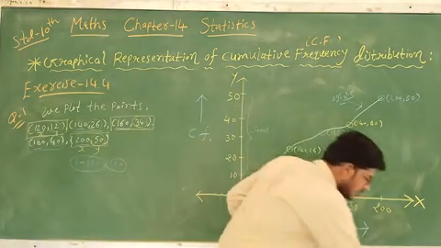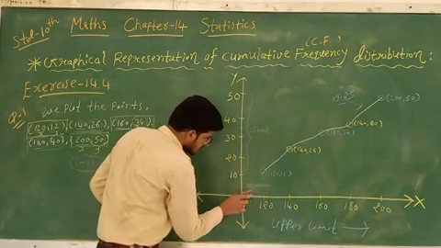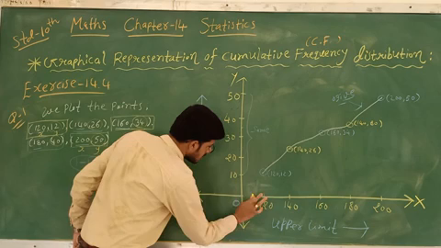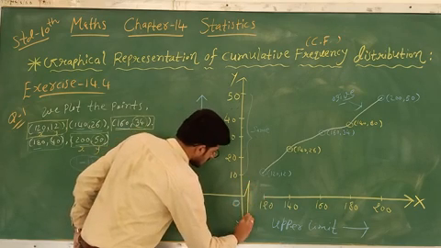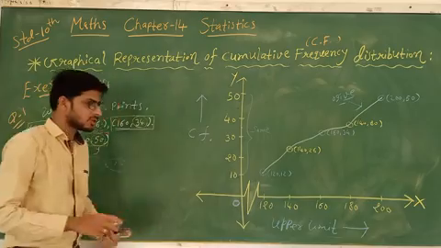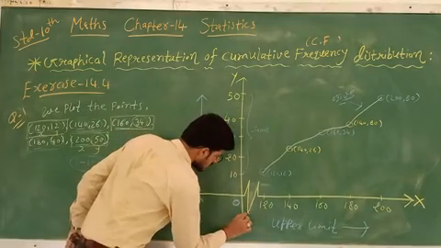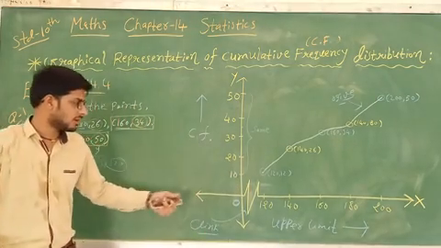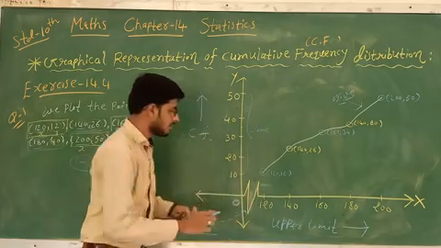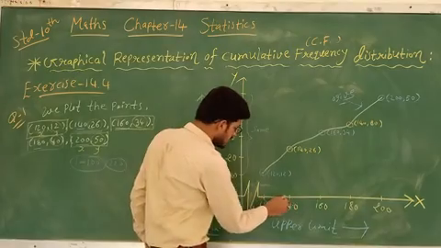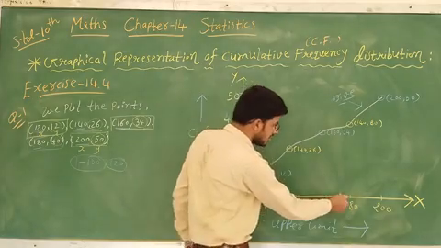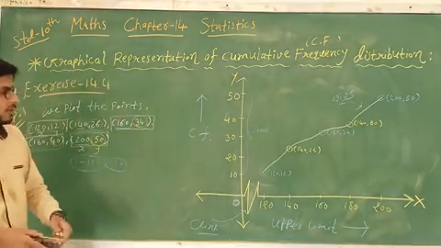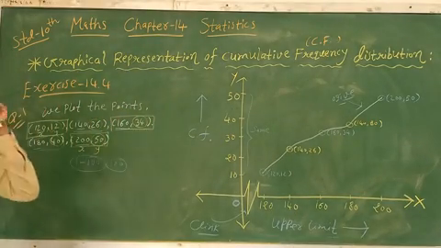So here we have to put one sign. It is called a kink. It indicates there is a large gap, and then the same gap of 20 here, 140 to 160, 20; 160 to 180, again 20; and 180 to 200. So this gives the graph of question number 1.